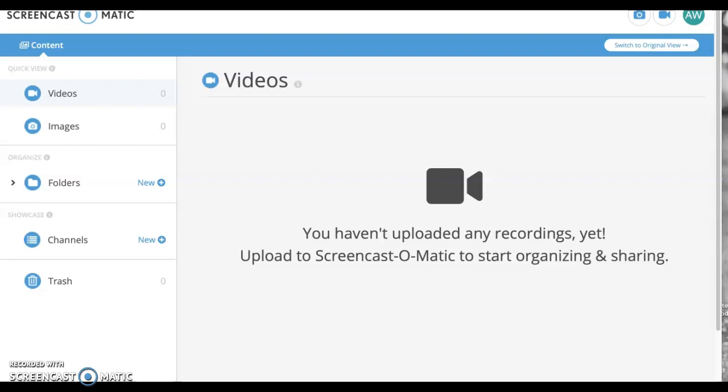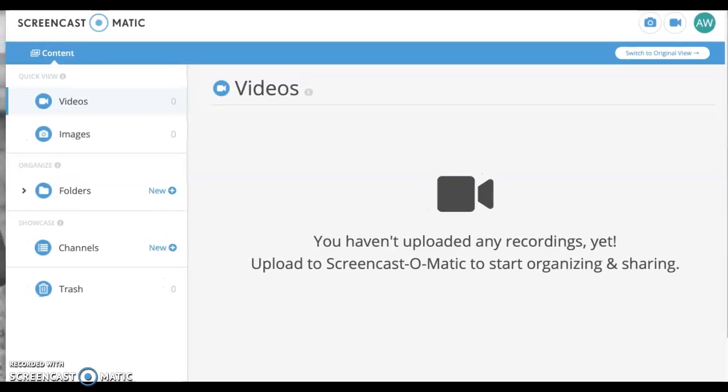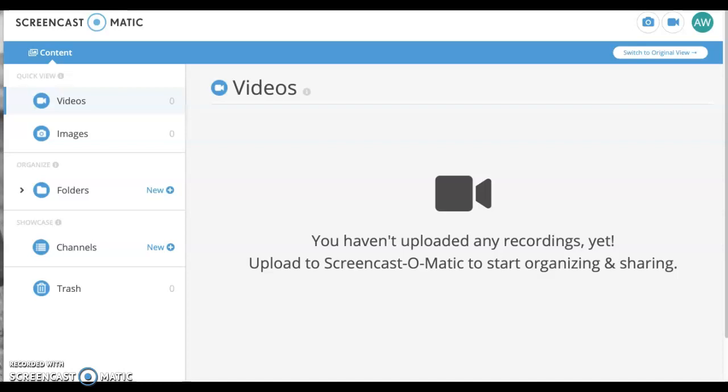So the first thing that I want to talk about is Screencast-O-Matic. And that's actually what I'm using. That's why you're able to see my screen right now. It is a great little program that you can use to record your screen and can do up to 15 minutes for free, which is great for little mini lessons for your students that you want to upload to maybe Google Classroom for them to check out. But if you want to pay a small subscription fee, you can get unlimited time and actually editing capabilities with your screen recording. So that's one great piece of software, and like I said, that's what I'm actually using today